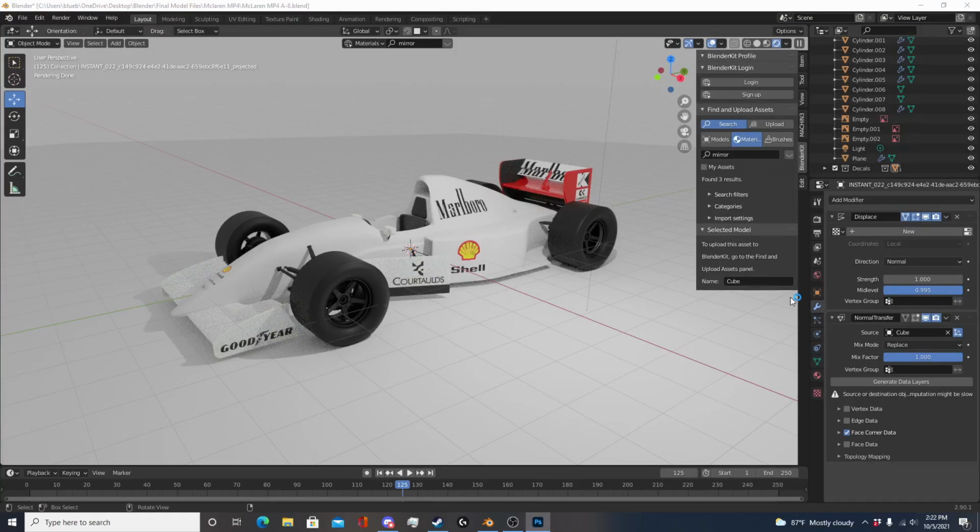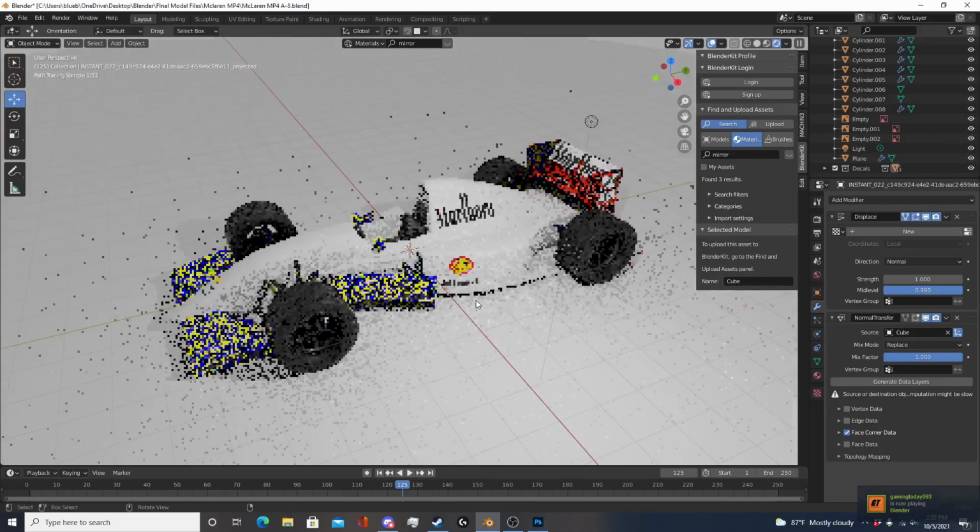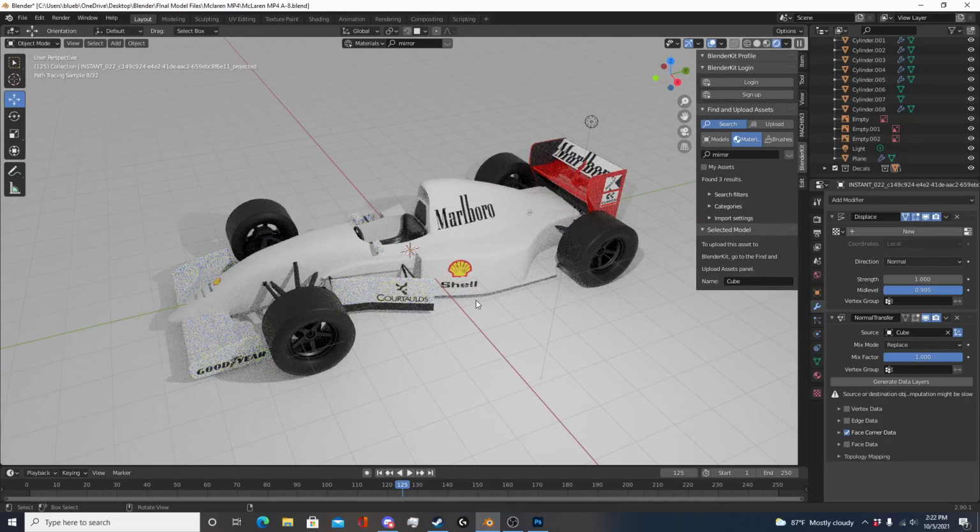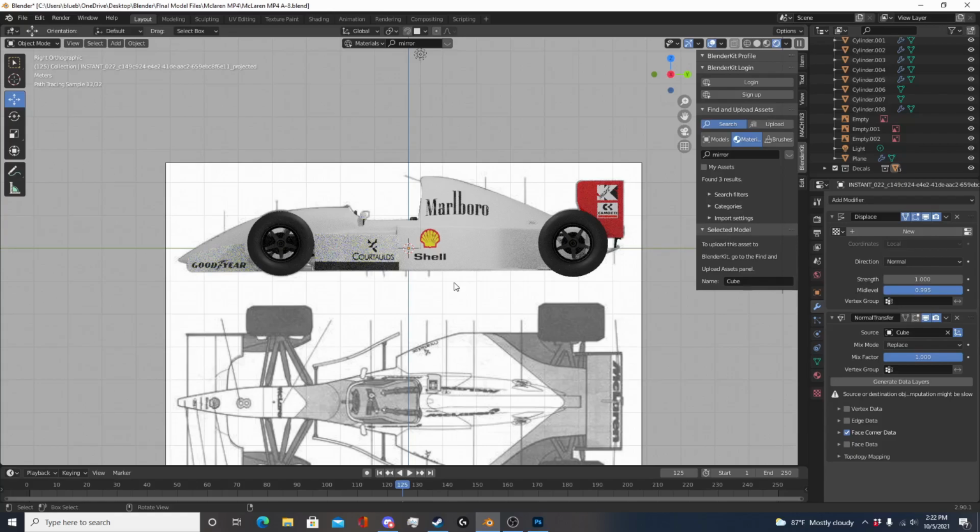Today we're going to be going over basically how I did the red stripes on our McLaren MP4 here, because someone asked in the comments. I'm not the greatest with texturing, at least when it comes to using Photoshop, but let's get into how I did this. So